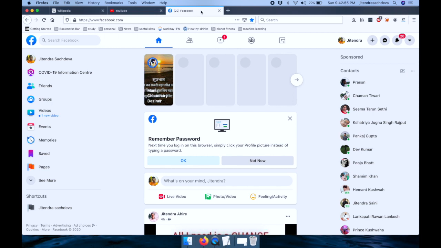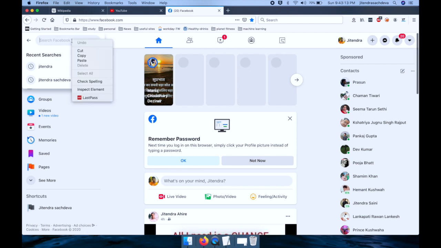So guys, this works for most websites, but I was trying it for Facebook and it was not working. But I found a way. I'll tell you how I was able to do it for Facebook. Just open Facebook, and I'll show you why it was not working. If you go to Facebook and right click on the search bar, it will not show you that option, right? But still you can do it. I am going to tell you how.